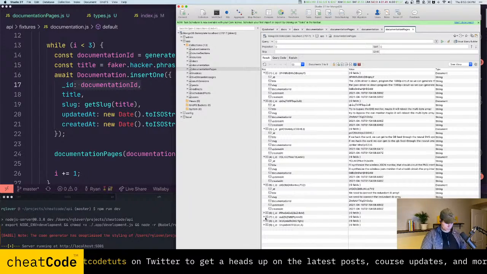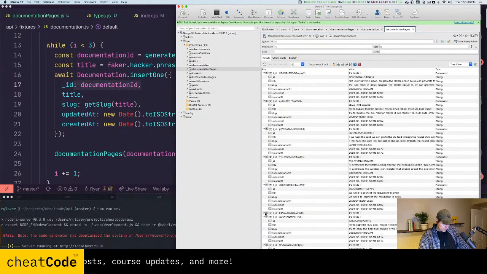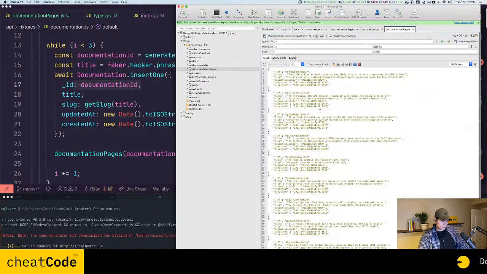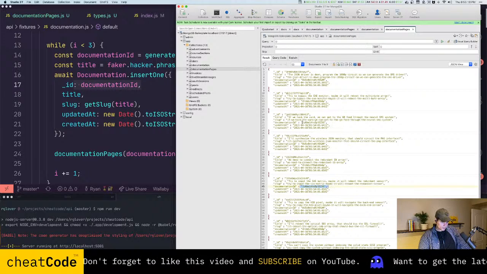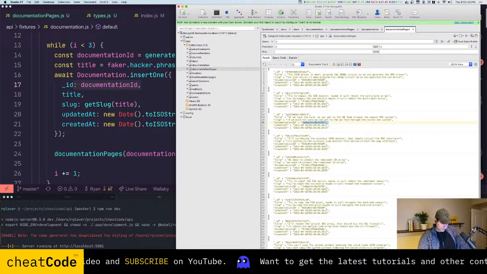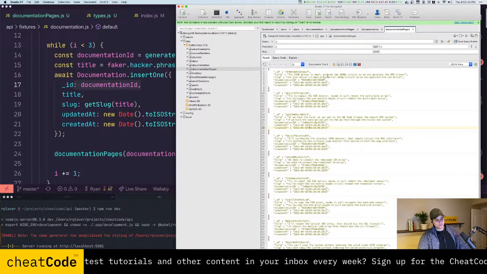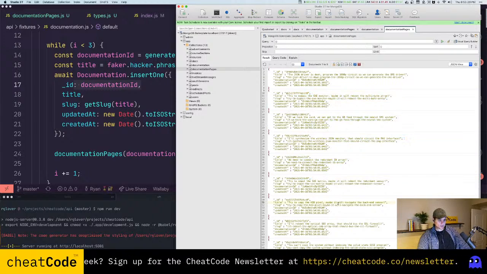No, that should be the same. Actually, let's do it this way. JP, I just saw that one. There it goes. Okay, so it did do it. It's just out of sequence. So JP. So there you go. So for each piece of documentation that we inserted 3 of the documentation pages. So that gets us